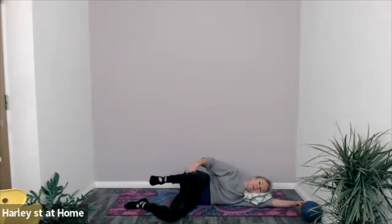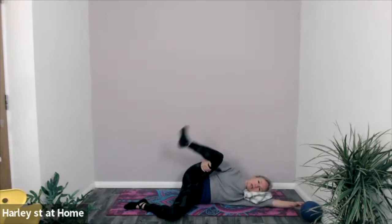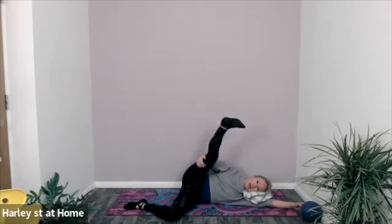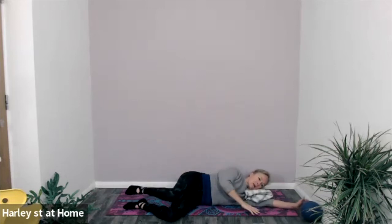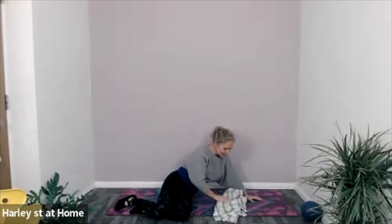Good, then the leg comes in, open up the knee and stretch the leg up towards the ceiling. That's it, just give it a bit of a stretch up. Anywhere it goes, doesn't matter where you've got it, just kind of give it a nice bit of a yank up to the sky. That's it. Okay, let's make our way slowly up to sitting, taking a few breaths,